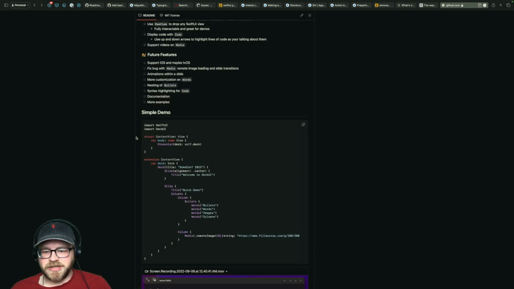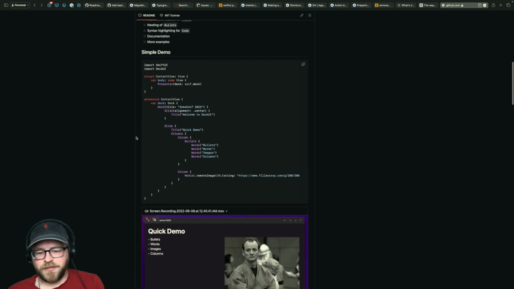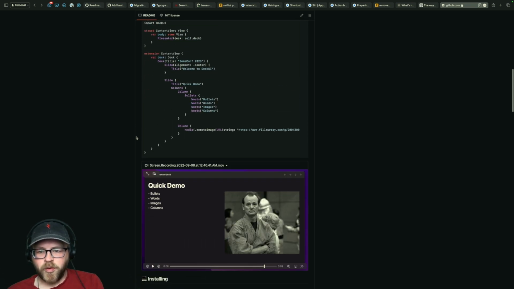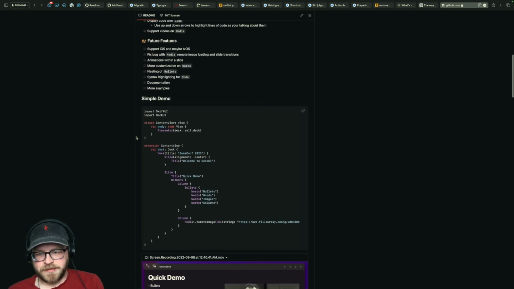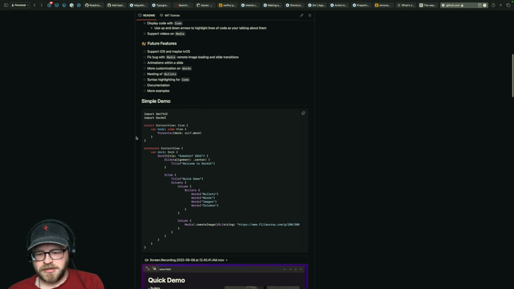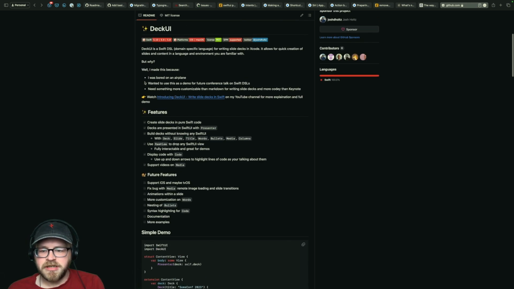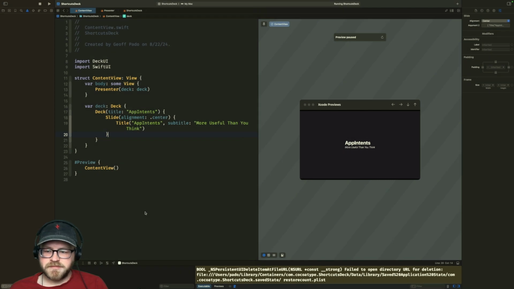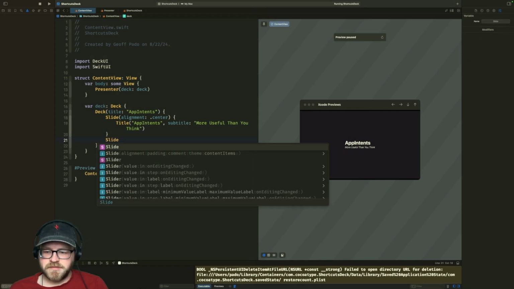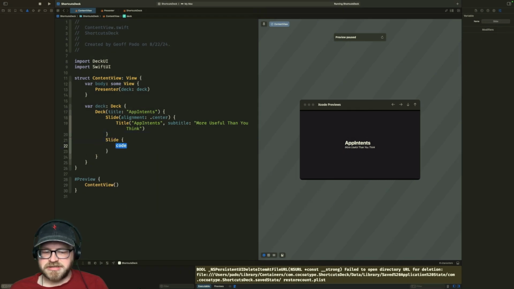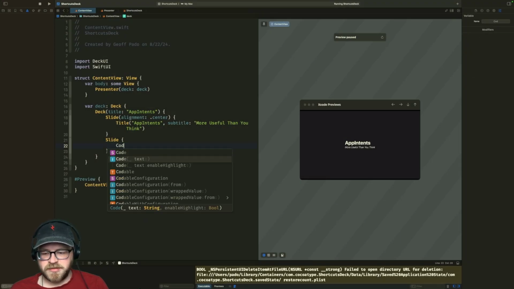The reason that I really want to do this, let's make sure that we have the parts of this actually working. What I ultimately want to do is I want to be able to put code on this screen. And so, oh, future features: syntax highlighting for code. Oh, they don't actually have syntax highlighting for code yet? That might be a problem. If they don't have that, then we may just stop right here. And we'll go back to SwiftUI. Or sorry, not SwiftUI. Oh, enable highlight. Cool.